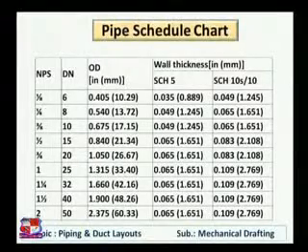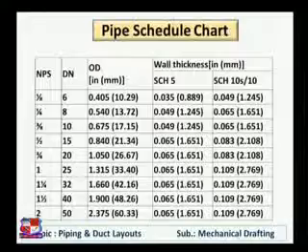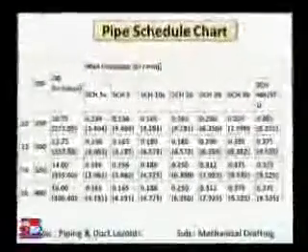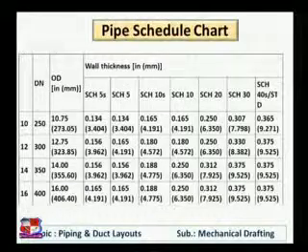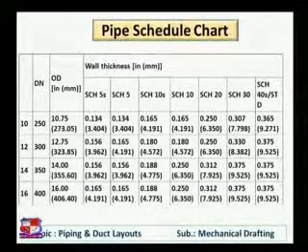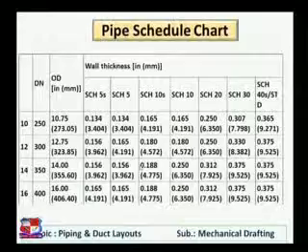So in short, a pipe schedule chart gives us information about the size of the pipe, outside diameter, wall thickness, and its DN number if we know NPS, that is nominal pipe size. Another pipe schedule chart. There are numerous pipe schedule charts available free to us online. We can use them for non-professional purposes.